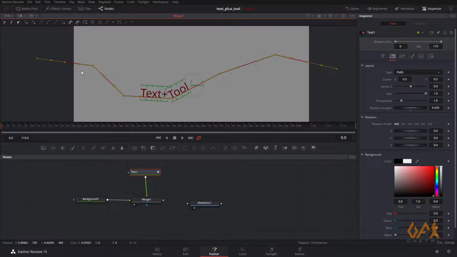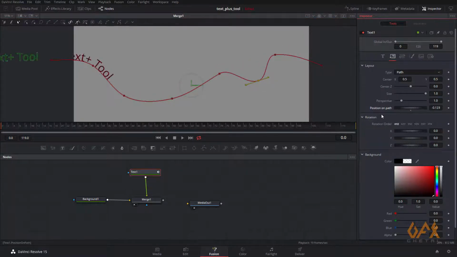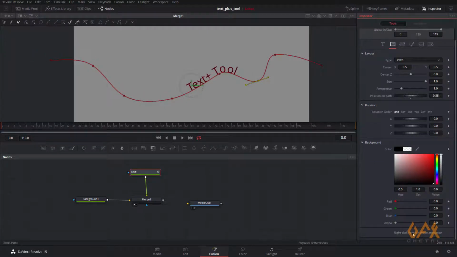Smooth, linear. Even you can insert, or even you can animate your path by right clicking over here.